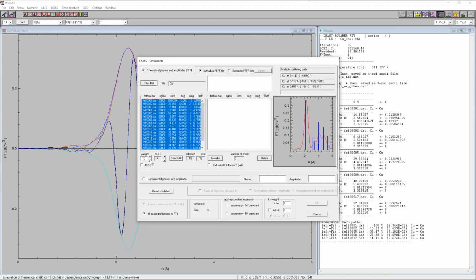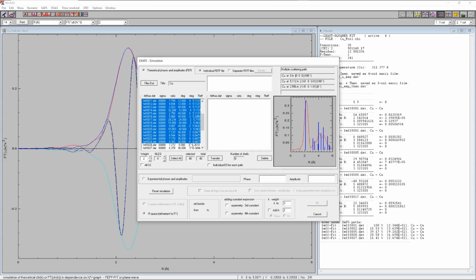For the sake of keeping this video under an hour, I am not going to do this and will just select all the multiple scattering paths in this region and see what kind of agreement between experiment and theory we can